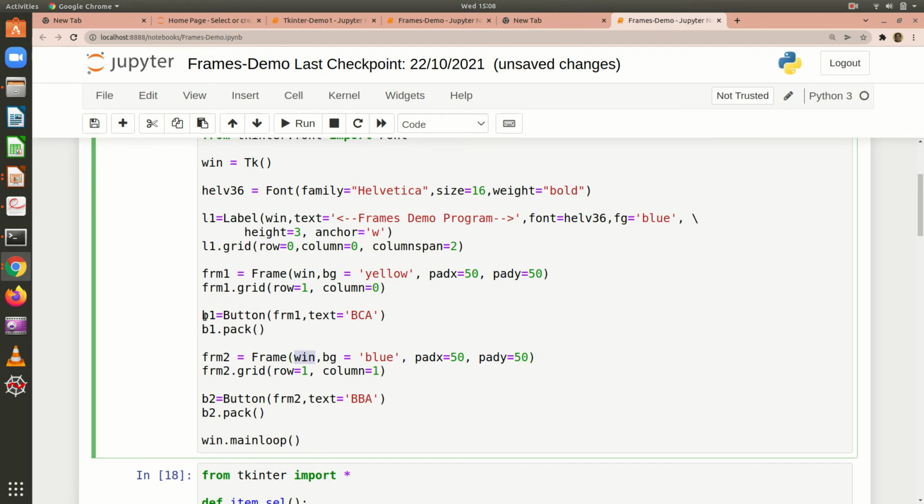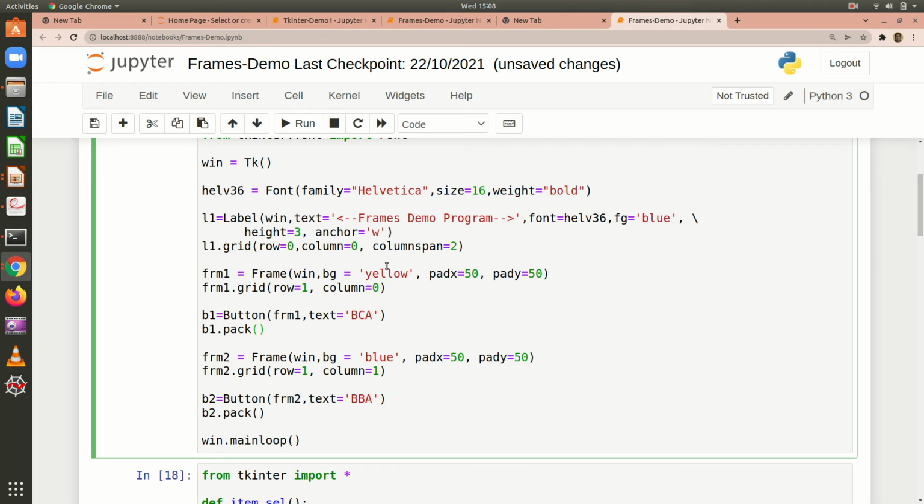Whereas when I create the button, the first frame is the parent widget to which the button is added. For the second button, frame 2 is the parent widget to which the button is added.